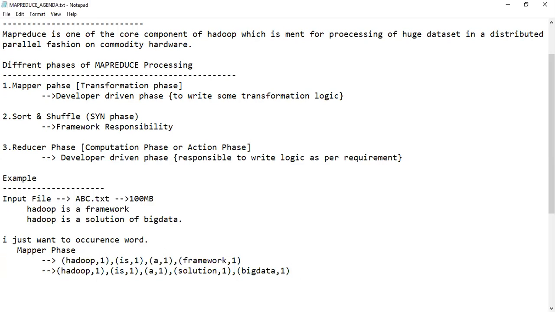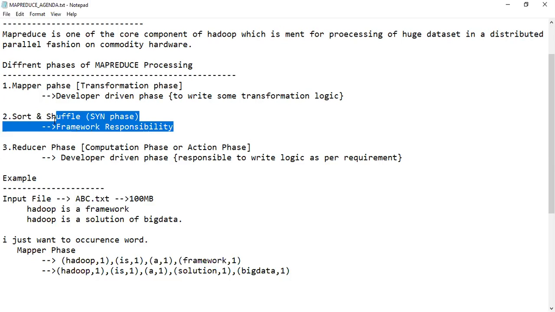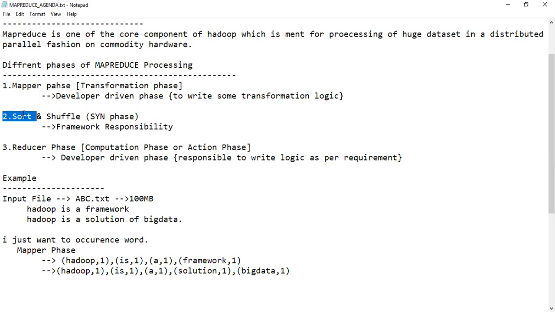Now after completion of the mapper phase, the sort and shuffle phase comes into the picture. As you know, you don't have to write any logic here for sort and shuffle. First it will sort. Sort means as per the key; this is a key, this is the value. One more thing,